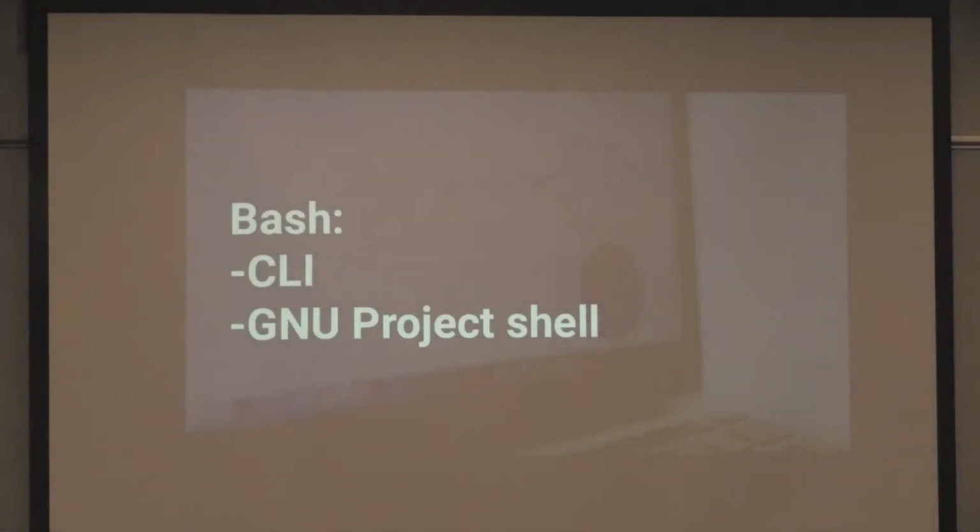Okay, so we're going to talk about Bash. So this is the shell we're using here. Some of the other popular ones are going to be Fish, but we're using Bash. It's a command line interface, and it was developed with the GNU project shell. This stands for the Born Again shell. And way back in Unix days, this was kind of the way people talk to computers. There are some things you can do with a command line that is very hard to do with a GUI, or a graphical user interface. So we're going to talk about this.